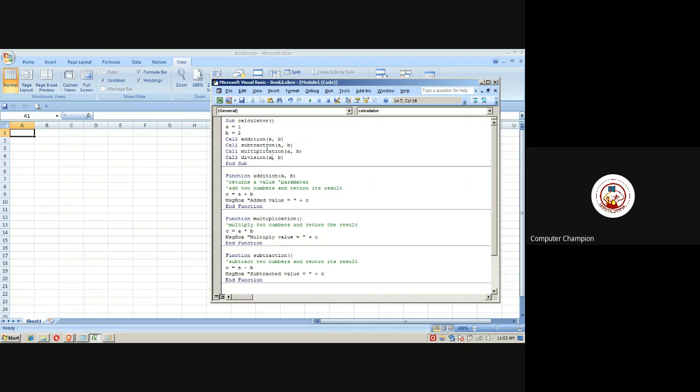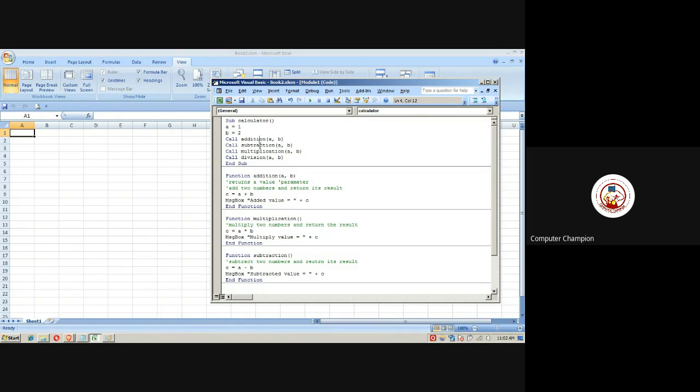Now, there are two ways to run this program. One is step by step running, and one is straight away running, direct. If I do F5 or even if I click this play button, there is a play and stop button here. And in between, there is a break or a pause button. So if I do a play button, it will run very fast, like it will run in milliseconds.